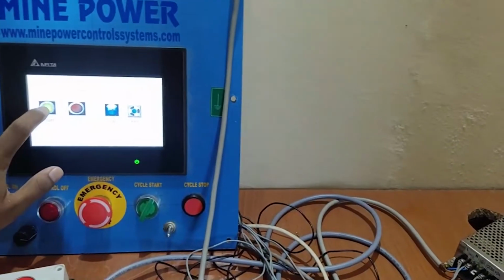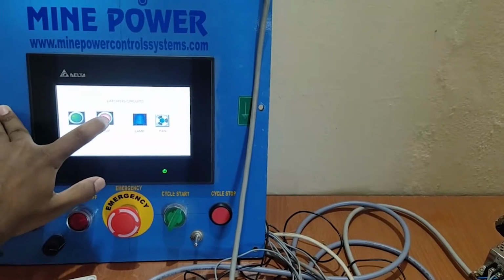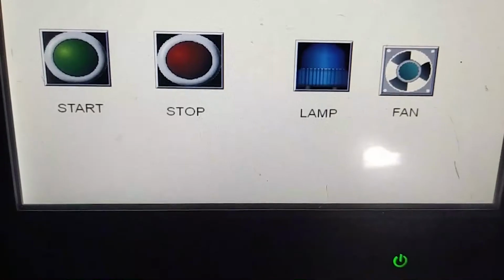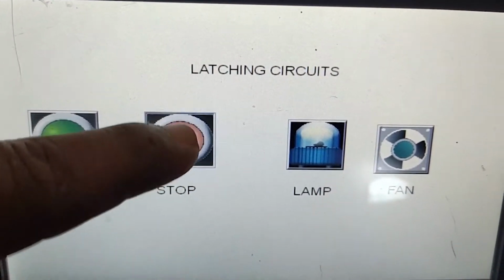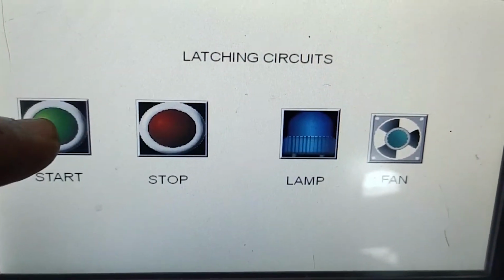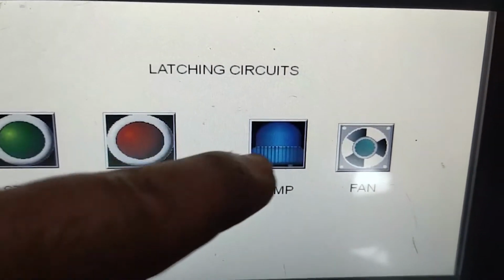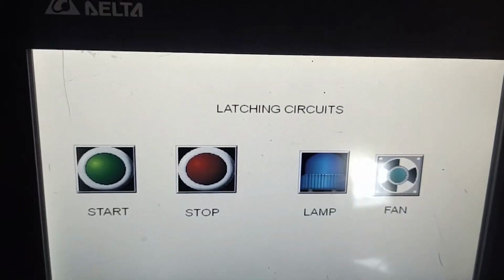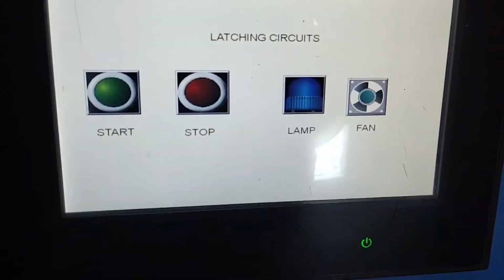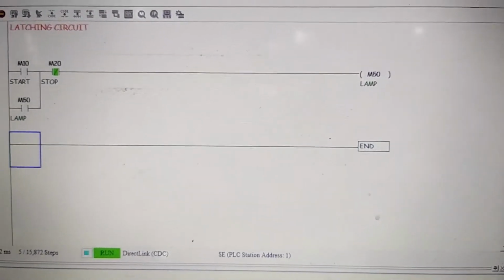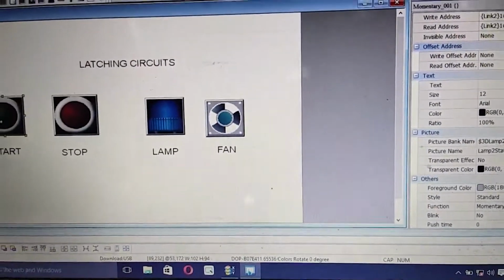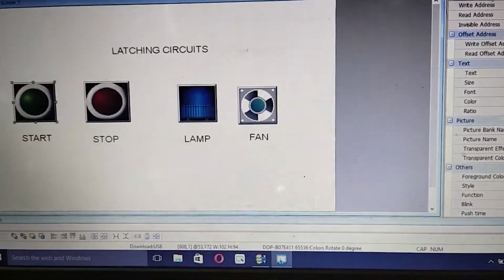Now I check for it. So I give M10 as start and M20 as stop in the HMI. You can see this is M10 for the start.